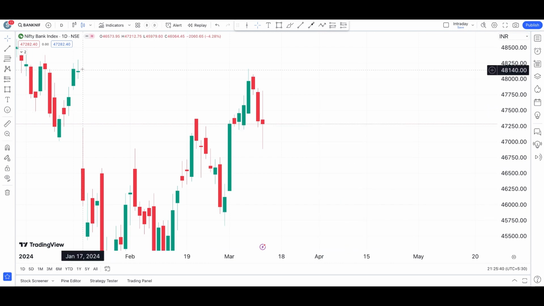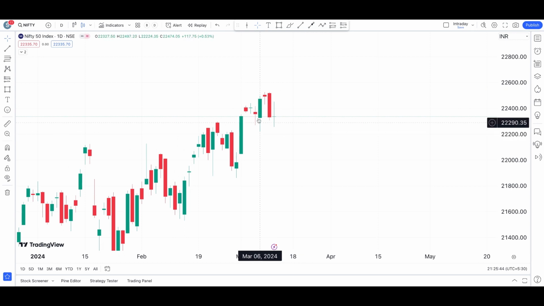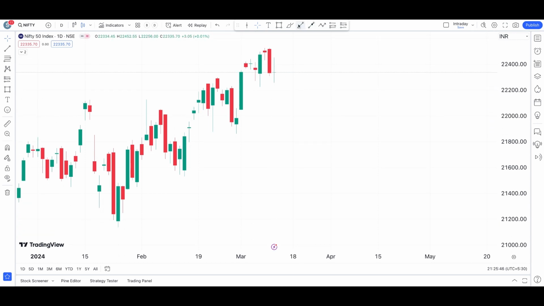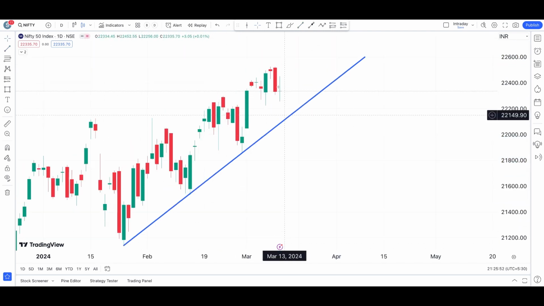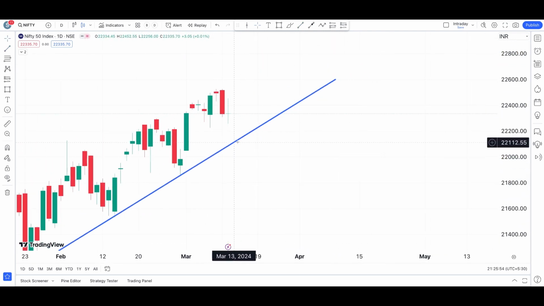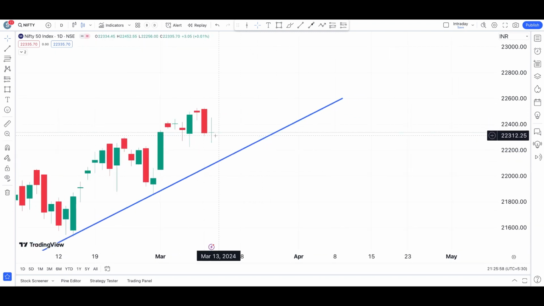So now let's quickly move back to our Nifty chart, and let's start from the daily chart directly. Here, as you can see, there is a trend line that you can draw based on these points. So if Nifty is coming back, there's a chance that it can take support there. It is on the way towards the downside.